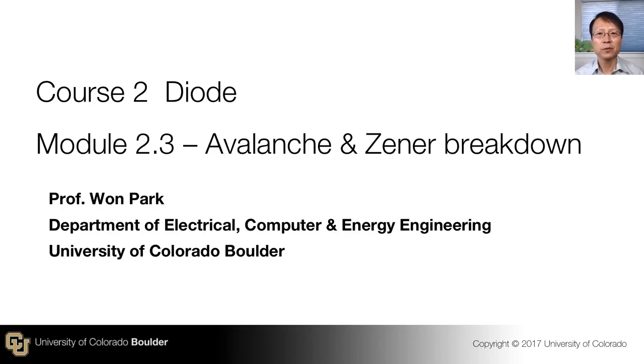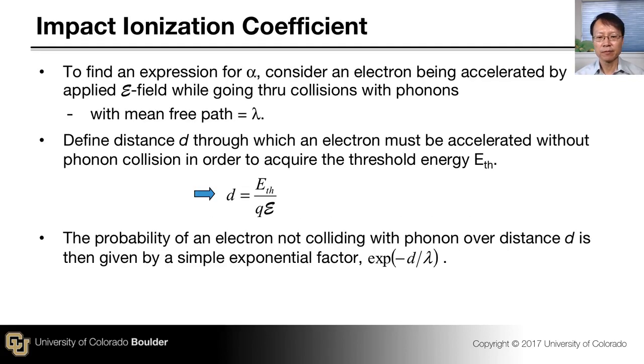In this video, we will continue our discussion on avalanche breakdown and finish with the Zener breakdown. So we discussed that the fundamental physical mechanism that leads to avalanche breakdown is impact ionization, and the breakdown condition